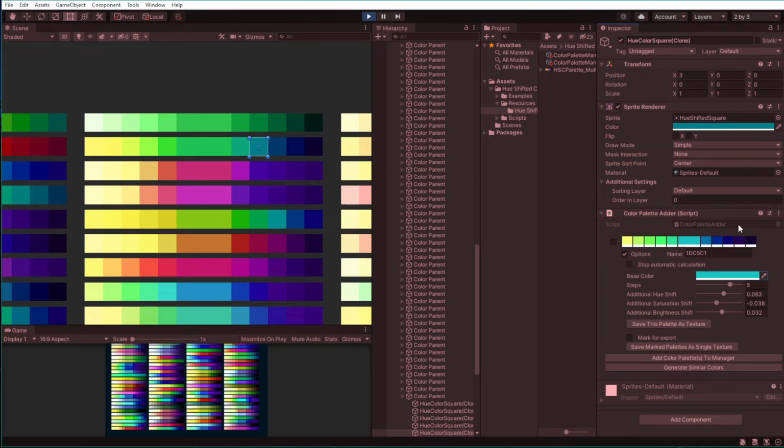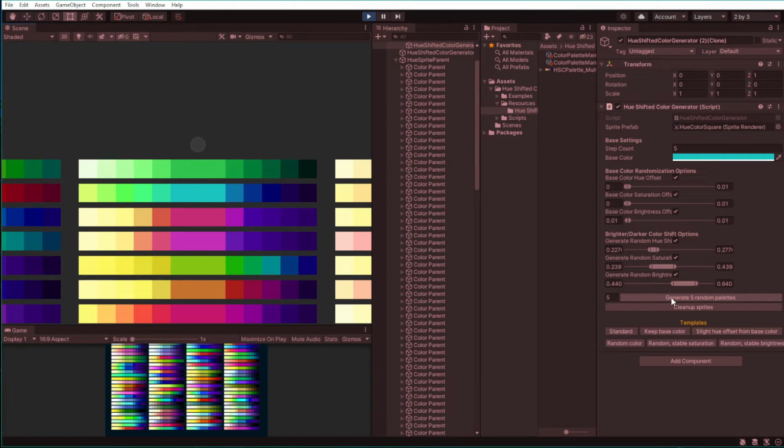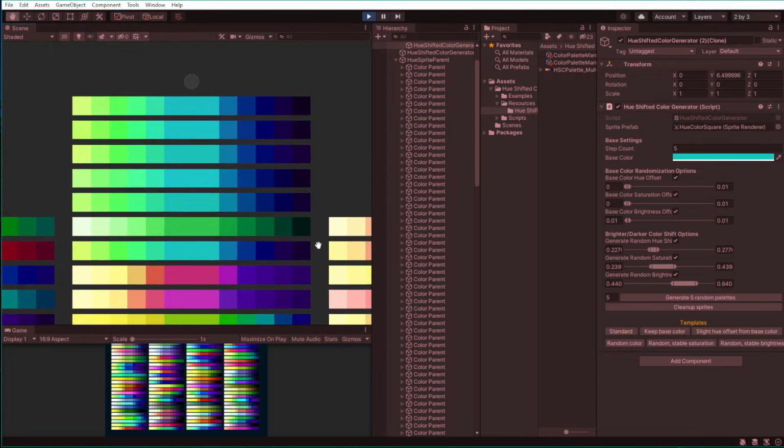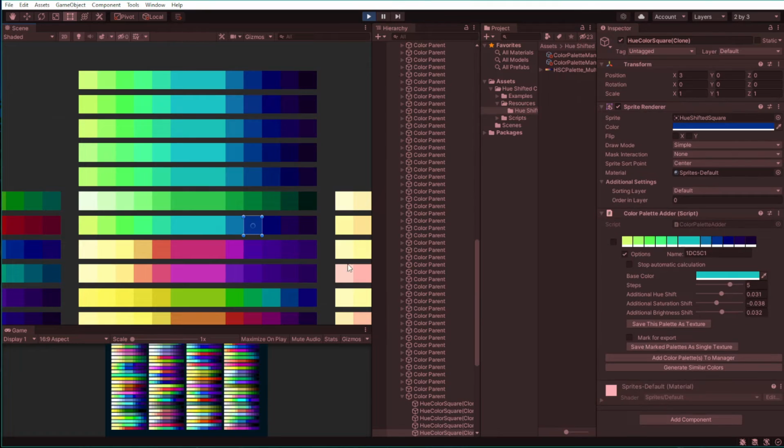So now that the color palette is almost perfect for my use case, I would like to generate a few similar color palettes just to explore some more. I can press the Generate Similar Colors button, which will create another Hue Shifted Color Generator already set up to generate very similar colors to this color palette. Let's generate some more. They all look nice, but I would rather stick to the one I've already chosen, so